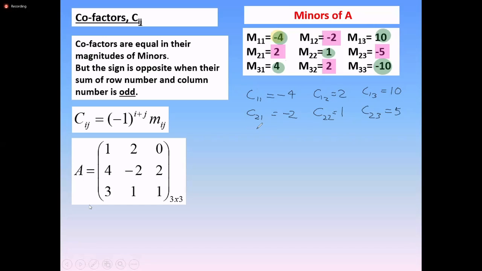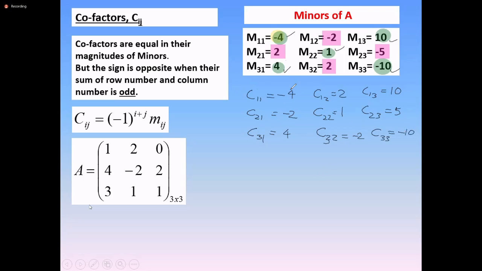The last 3 cofactors, 3, 1, then it is same as 4. It is same as 4. In this position, there are 5 positions. Minor and cofactors are same. C32, here not in a diagonal position. Here M32 is 2, then C32 is minus 2. Last cofactor C33, that is here same as the minor value.